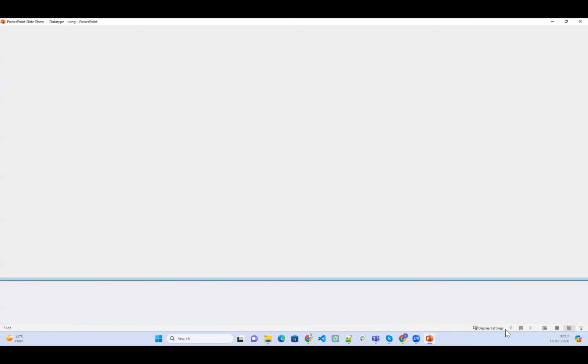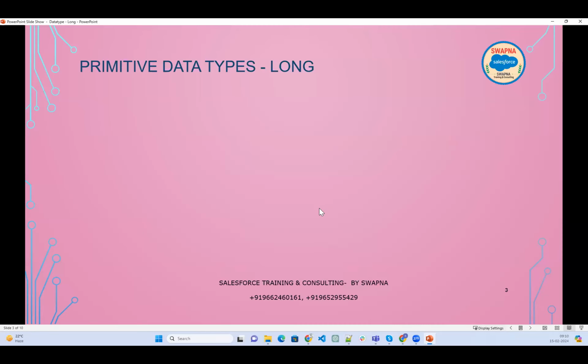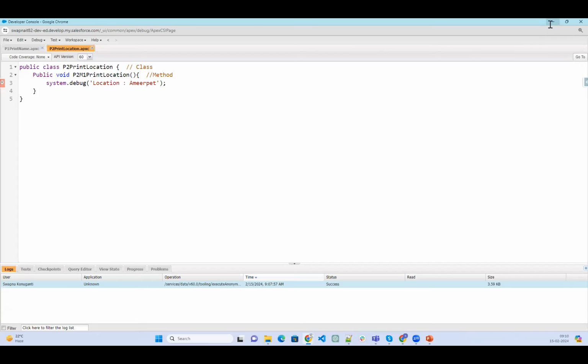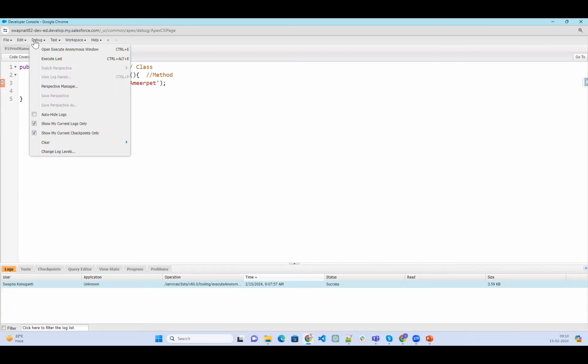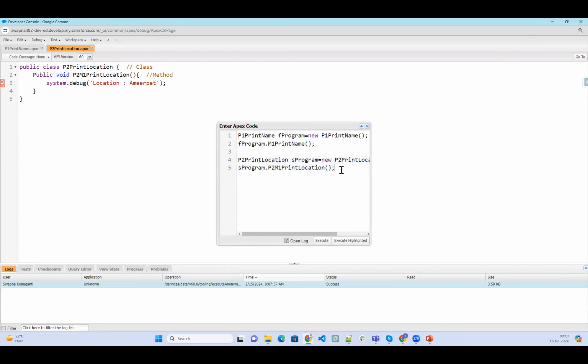Okay. Yesterday we saw the integer. Now we have another data type, long. What is the difference between integer and long? What is the integer size? Simple scenario, what is the simple logic? More size for long. Okay. How much is the limit for the integer? Yesterday we discussed.